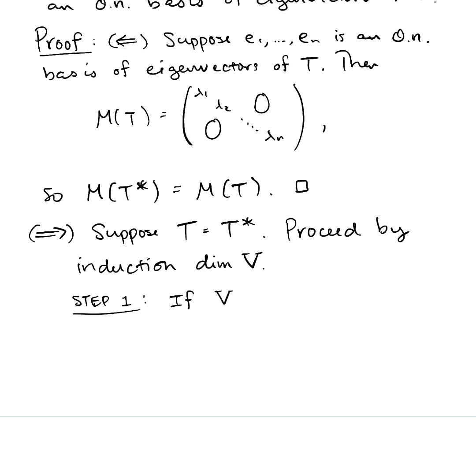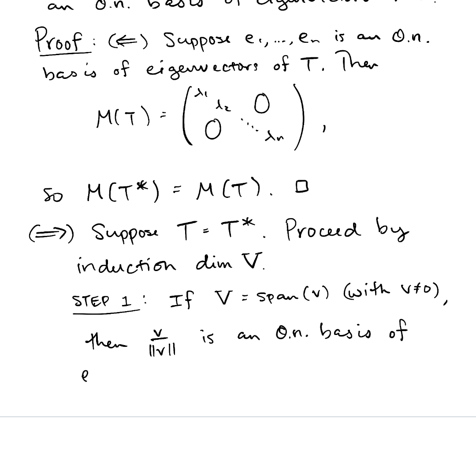If V is equal to the span of little v, and then I guess parenthetically with little v not equal to 0, because big V, remember, is non-trivial. There's something non-zero in there. So if V is one-dimensional, meaning it's spanned by this one vector, little v, then little v divided by its own norm is an orthonormal basis of eigenvectors